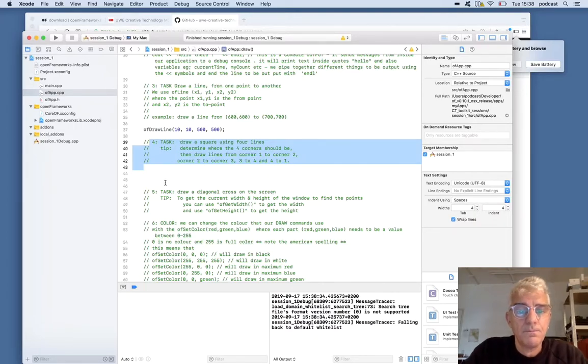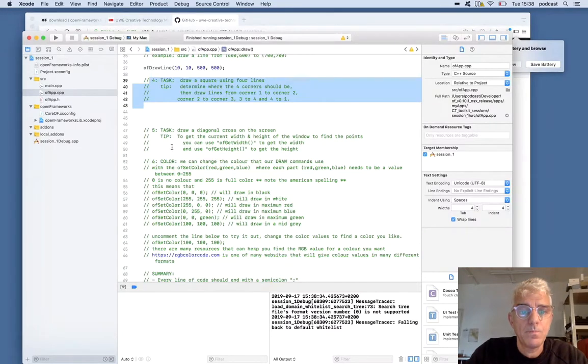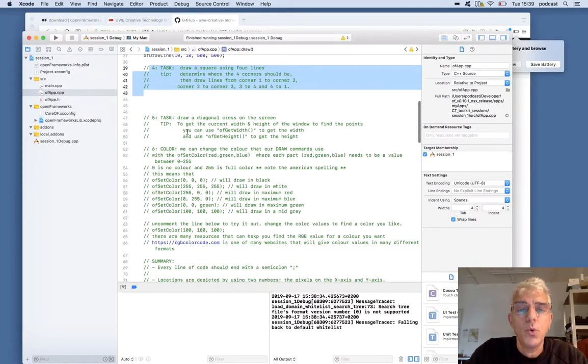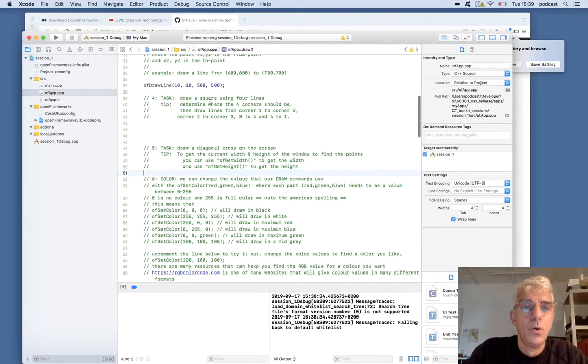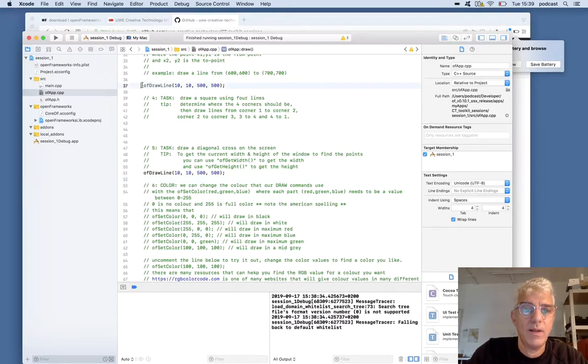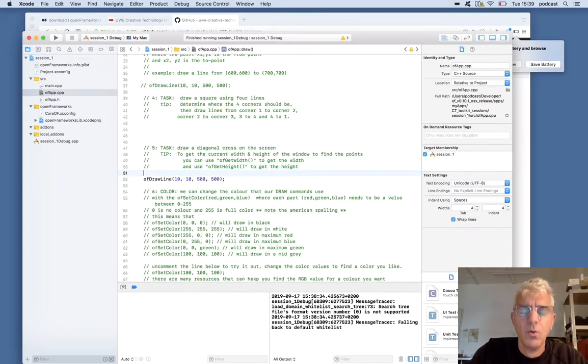I'm going to come down to our next example and show how we can use OF_GET_WIDTH as a question to the computer. So if I were to select and copy this, I'm going to paste it into my source code further down and comment out this first one. So I know my code was working, and now when I muck around, I can comment this out in case it breaks. I'm going to start drawing a line from 10, 10 up in the top corner, and instead of saying a specific number I already know, 500, I'm going to say use